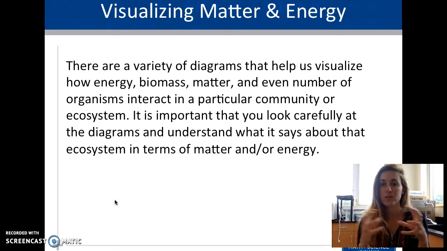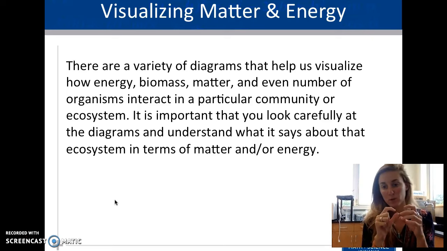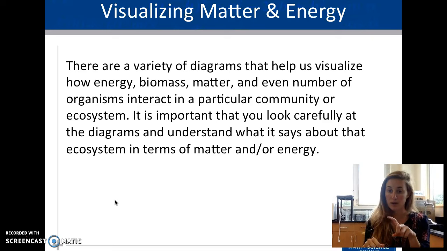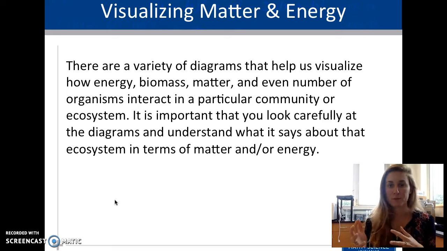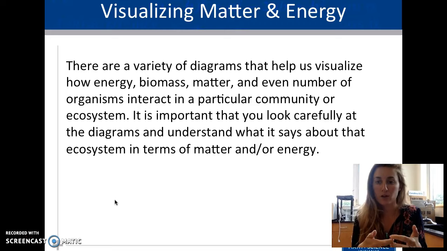And that's where these two things come together: we store energy in chemical bonds. The chemicals themselves are reused, and when they rebond, they harness that energy. But the energy in the bonds, if you remember from chemistry, when we break and make bonds, there's this exchange of energy. And so that's where matter and energy link up within all of these cycles and within your ecosystem.